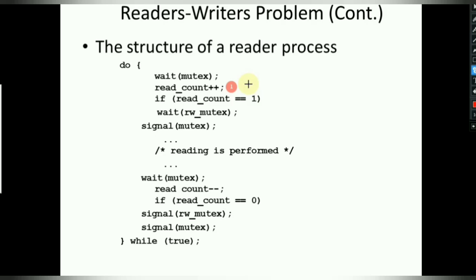Now if there is another process, say P2, that tries to enter, P2 also runs wait mutex. It increments the counter to 2. Again it signals for any other process to enter, and it can perform the reading. You can notice here that process 2 is not executing the if read count is equal to 1 statement. Now while leaving, I am again changing the read count value, decrementing it.